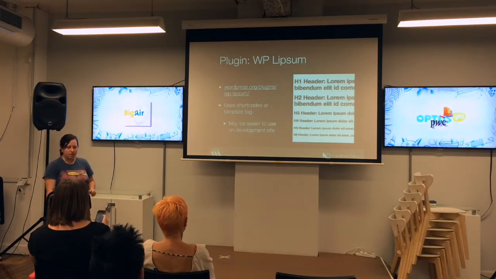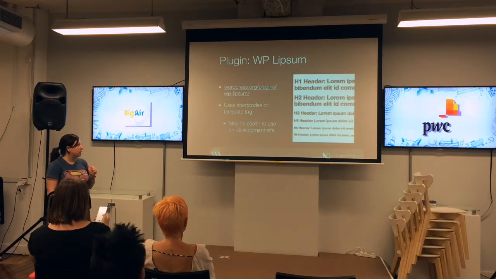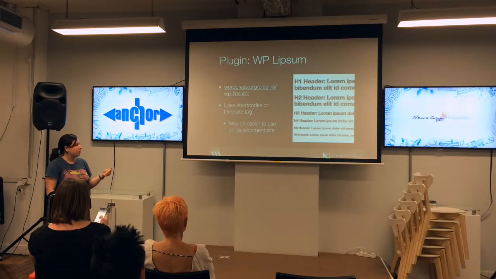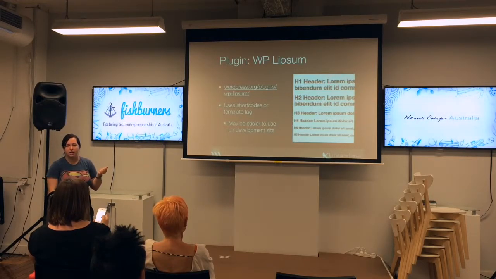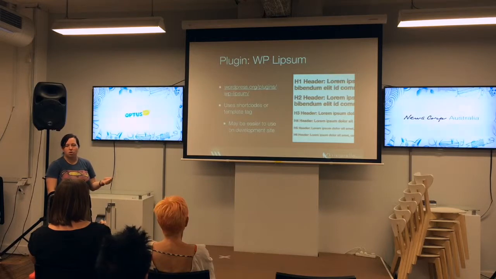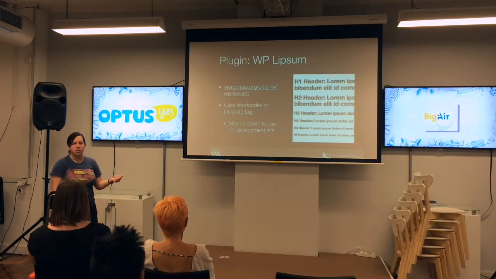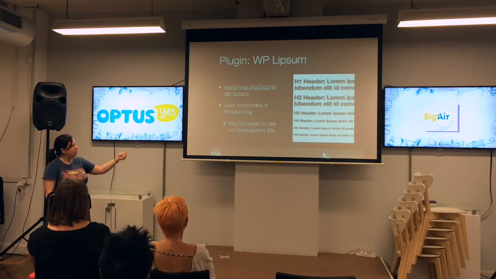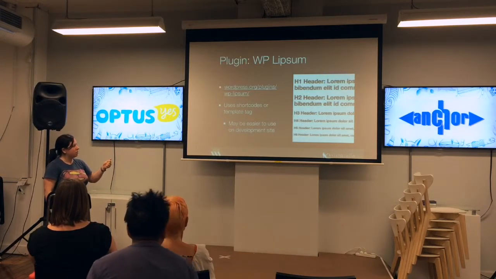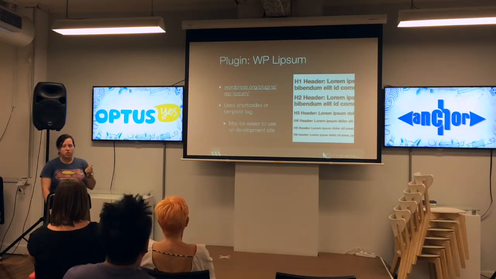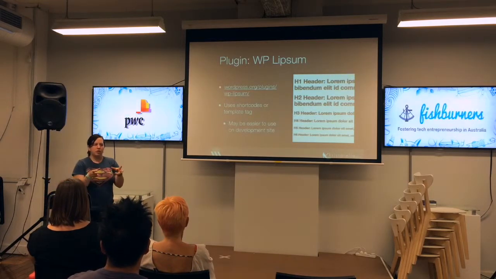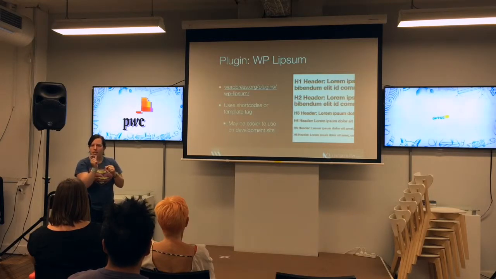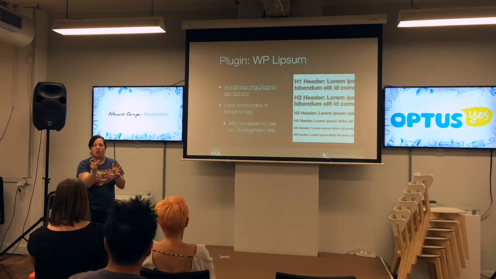This one is a little bit simpler, WP Lipsum. It uses shortcodes and also has a template tag if you want to actually make your own little plugin or theme file to add content in there. I was thinking that this one might be easier to use on a development site, because then you only have to, inside each of your posts and pages, you've just got this little shortcode that says WP Lipsum, give me 5 paragraphs or whatever,